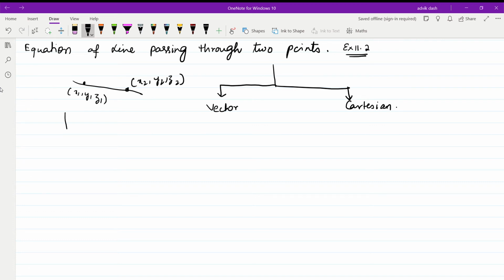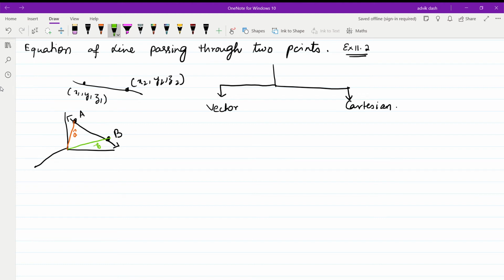So I take the 3D space. I take 2 points in space, and I want the equation of this line. These are the 2 points given to me. This is a known point, so I name it A, which is given to you. This is another known point, that is B, given to you. The vector from here to here is your vector A, and the vector from here to here is your vector B. So vector A is given, vector B is given.